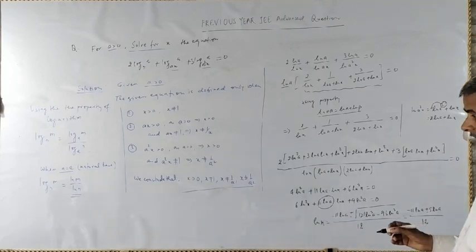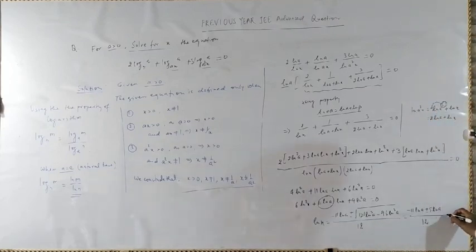Now this can be written as square root of ln square a is equal to ln a. Therefore जब कभी भी हम प्लस साइन लेंगे तो माइनस 6/12 ln a, और जब माइनस साइन लेंगे तो माइनस 16/12 ln a। यहाँ पे ये 1/2 टाइम्स में कैंसिल होगा और ये 4/3।